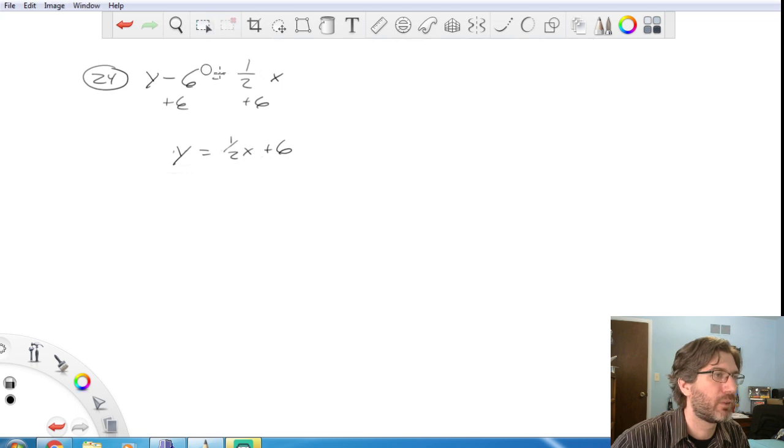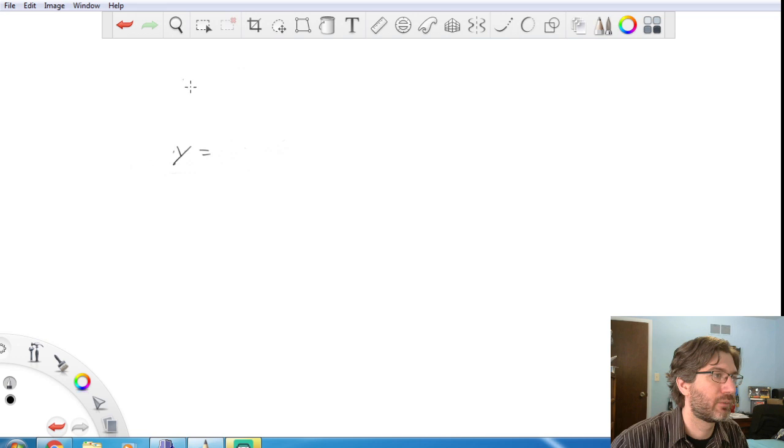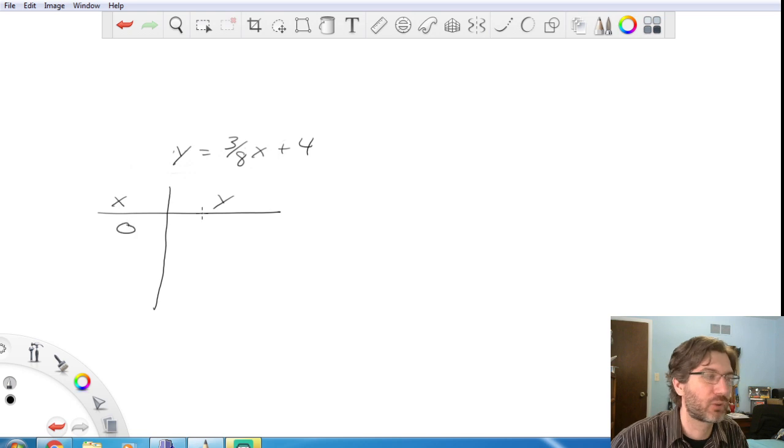with an ugly one. Maybe you pick, and this isn't one of your problems, so I'll just make it one. Maybe you just have y equals, I don't know, 3/8 x plus 4, right? What x values do you want to pick? Again, you want to pick multiples of that denominator. So first off, 0 is a great one to do because that's going to cancel out that fraction and just give you 4. In your second one, you probably want to pick 8 because